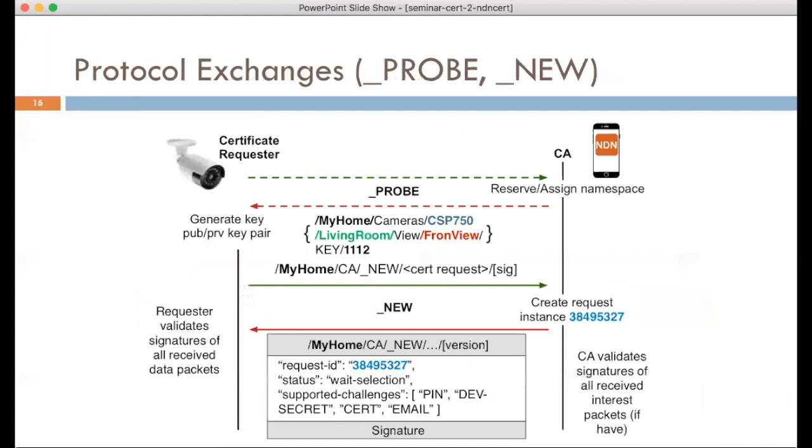So in some cases, the requester may already know what the namespace is being assigned and in which namespace that requester is supposed to request a certificate. For example, after the bootstrapping process that we talked about in the last 2 NDN calls, the device would already know the namespace and simply needs to generate a request towards the authority, including that request as part of the